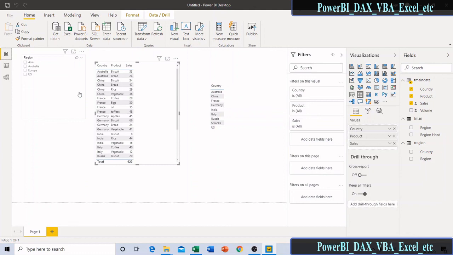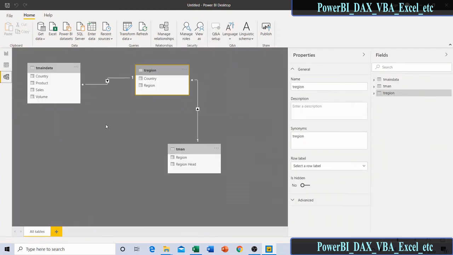There is a concept in Power BI called expanded tables. That means when there is a relation between tables in a one-to-many relationship, on the many side you will get all the columns from the one side.